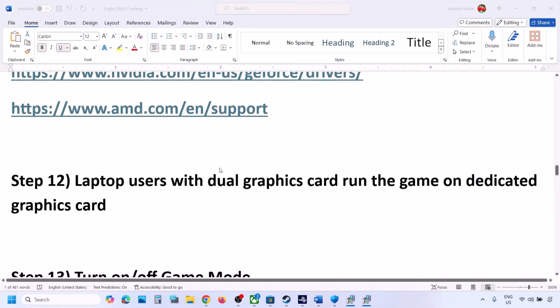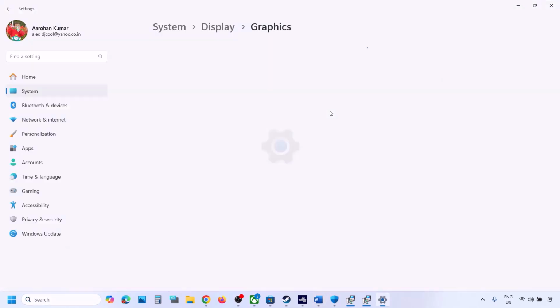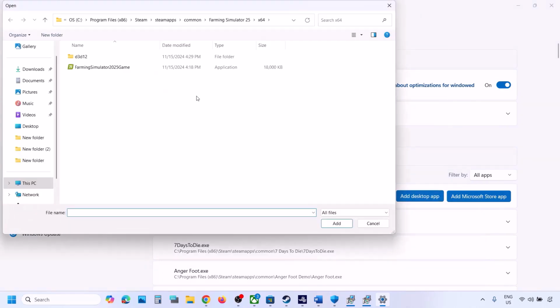Now the next step is for laptop users with dual graphic card. Make sure that you run the game on dedicated graphic card. Now for this, you can type in graphics settings in Windows search box and then click on graphics settings. And then first of all for Steam users, then I'll show for Xbox Game Pass user. So click on add desktop app